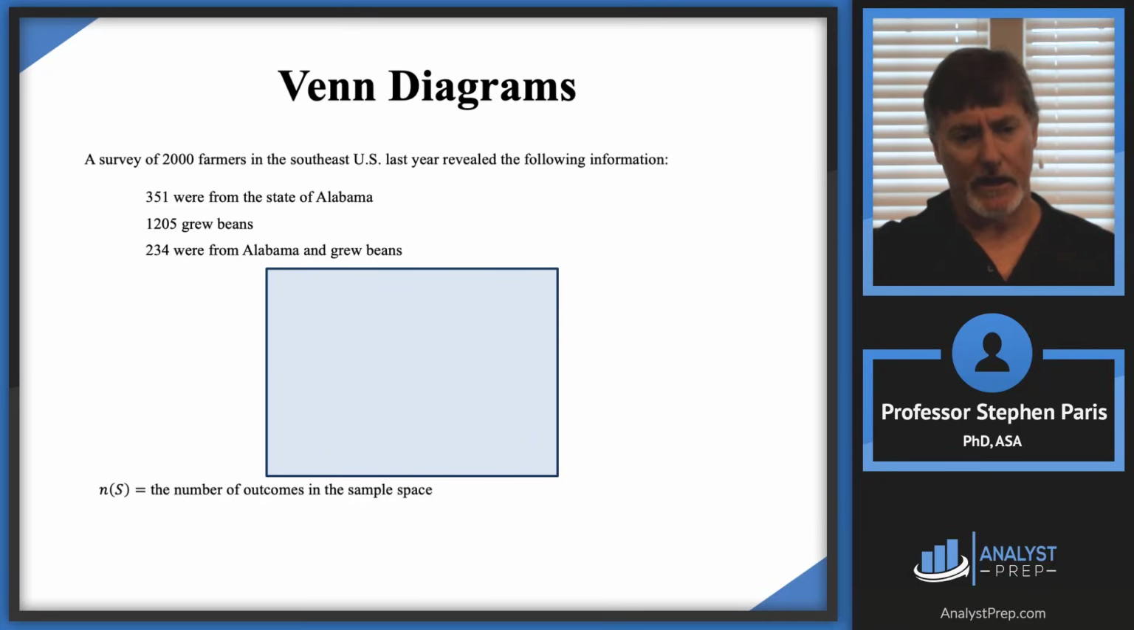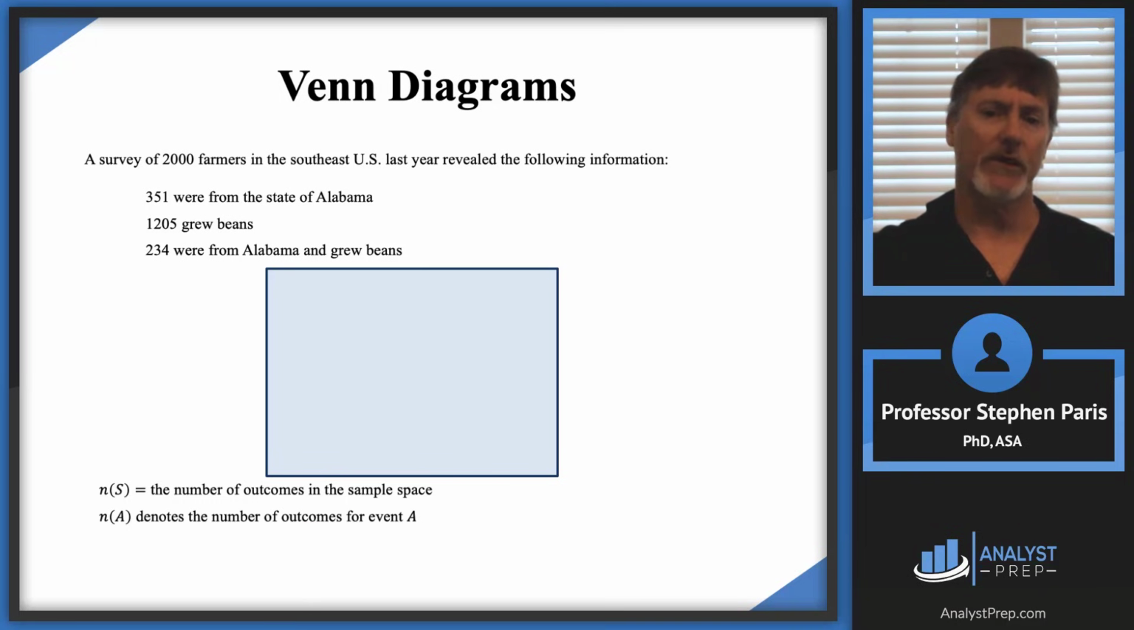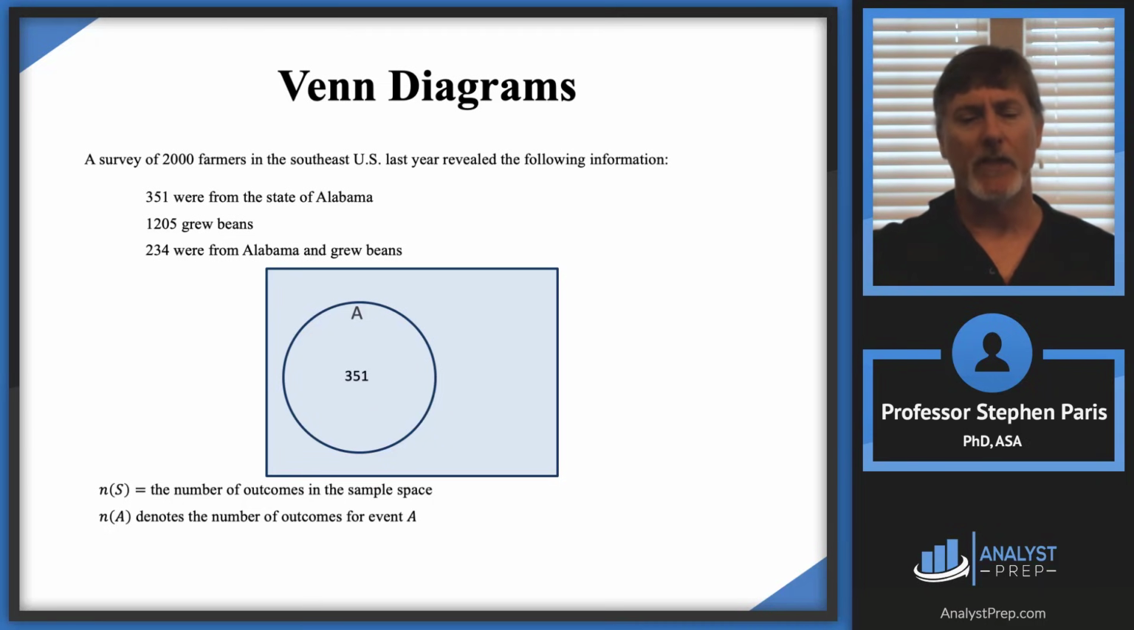N of capital S, N of S, is going to represent the number of outcomes in the sample space, and I'm going to abbreviate that often by just putting an N there. So in this case, there were 2,000 farmers, so I put N equals 2,000. N of A would be the number of outcomes for event A, so I would represent that by putting the circle in for A, and then inside the circle putting 351 to represent there were 351 outcomes for event A. Now notice outside of A, there would be 2,000 minus 351, or 1,649 farmers outside of event